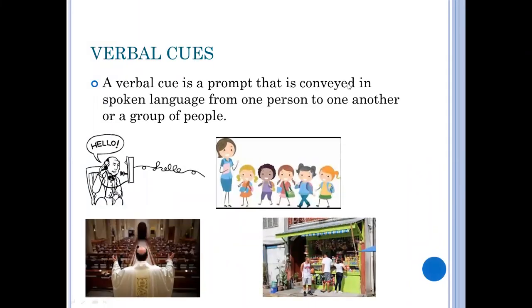So verbal cues. We will now differentiate verbal and nonverbal cues. A verbal cue is a prompt that is conveyed in spoken language from one person to another or a group of people. According to David White, people tend to use verbal cues every day, but how well do people recognize them as listeners? Through this lesson, we will learn what defines a verbal cue and explore some examples of different types and